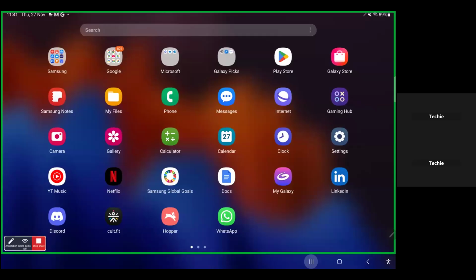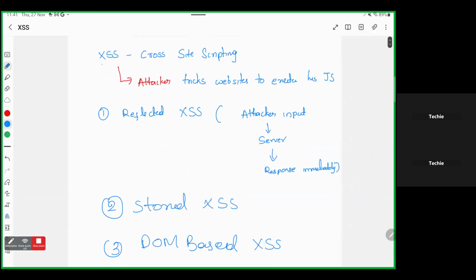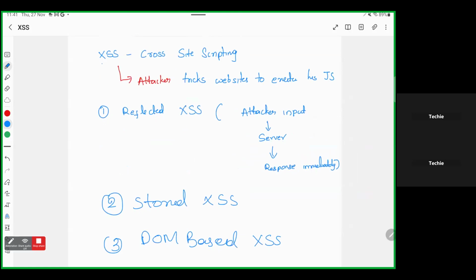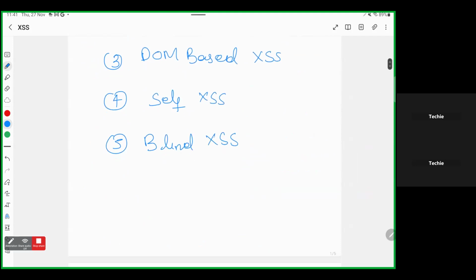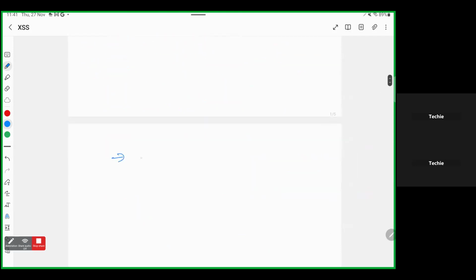Today we are going to see about cross-site scripting, which is the most common web vulnerability. So, what does cross-site scripting mean? The attacker tricks the website into executing his JavaScript. What does it mean? Most front ends consist of input fields, right? So the attacker injects his JS script into that input field so that the script will be executed to